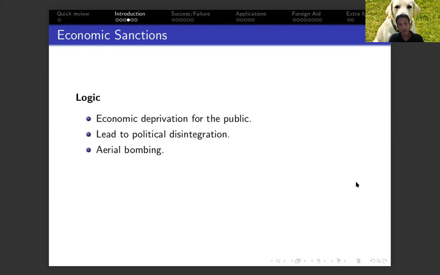A similar example in the setting of a conflict is aerial bombing strategy, right? One country pursues continuous aerial bombing over another, putting a lot of pressure on the civilian population of the target country in order to push that population to put pressure on the government to change its behavior. Everything that the Germans did against the British in the Second World War leads to that: constant aerial bombing of England in the first half of the war in order to put pressure on the Brits to change their behavior.